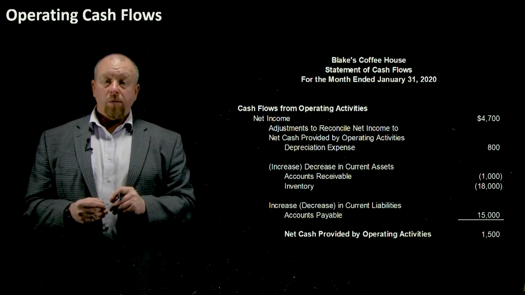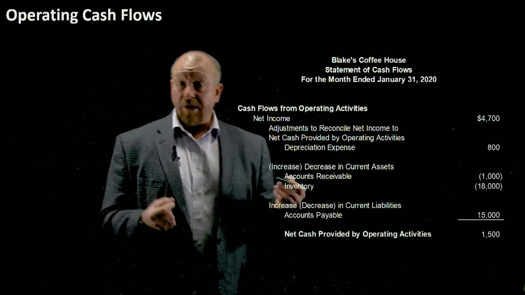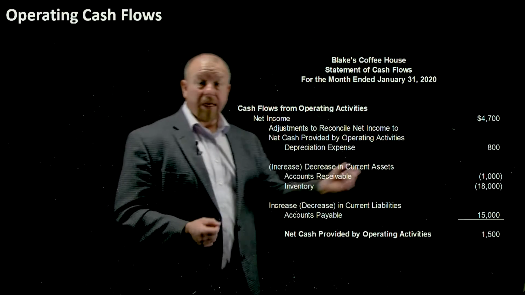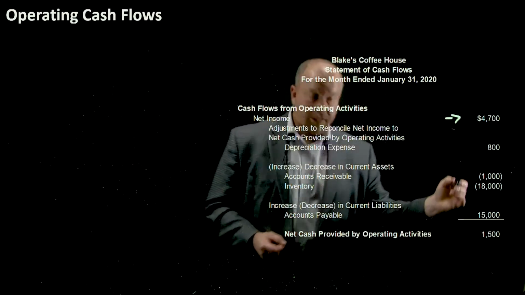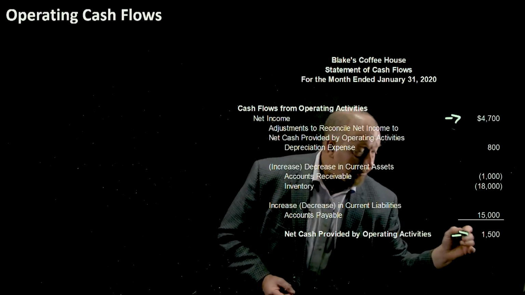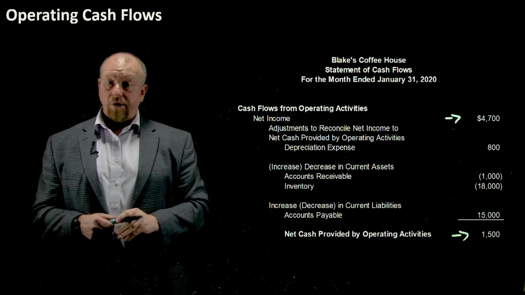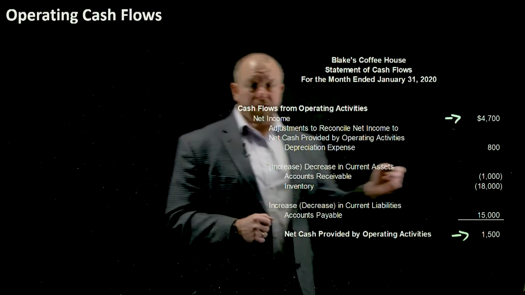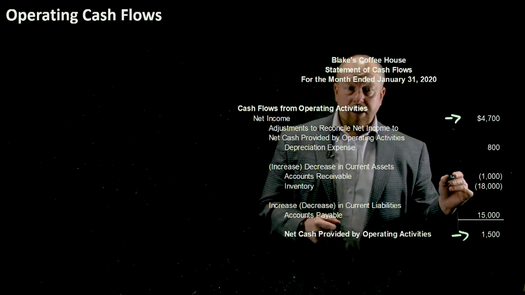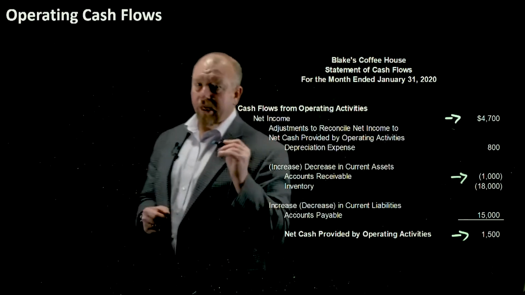Now, of course, once you have that concept in mind, you can start to look at some of the finer details, the nuances. For example, you might want to take a look at the relationship between net income and cash provided by operating activities. You probably want to look at a trend analysis over a number of years, and you can start to see things like this right here. One of the adjustments is that accounts receivable increased by $1,000, right? So we had to subtract that increase.